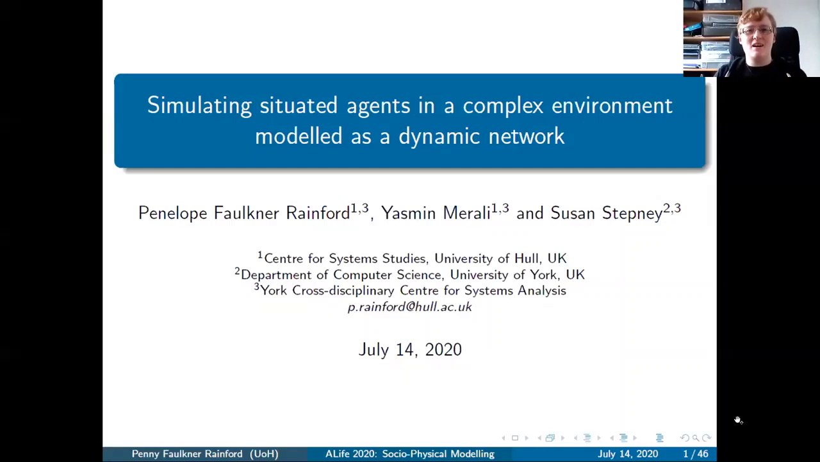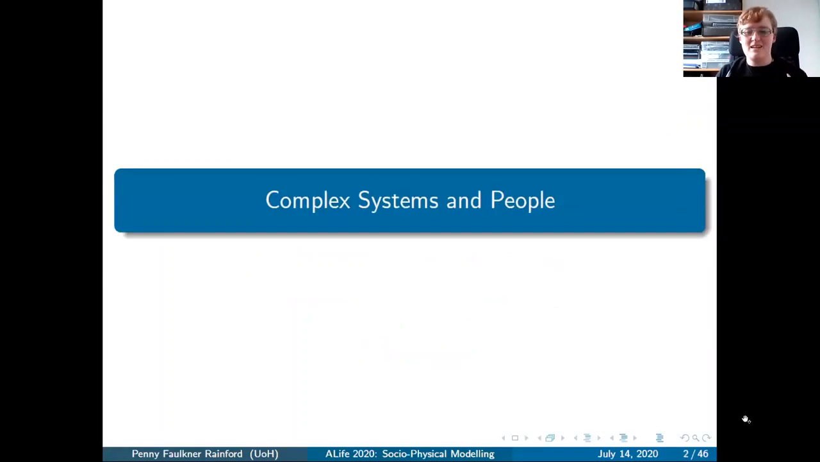So I can't remember if this was the older title, but socio-physical modeling, which is basically simulating situated agents in a complex environment, and we're modeling it as a dynamic network, which is a lot of words, and we'll unpack it as we go. But the focus of this, as with a lot of what's happening in this session, is